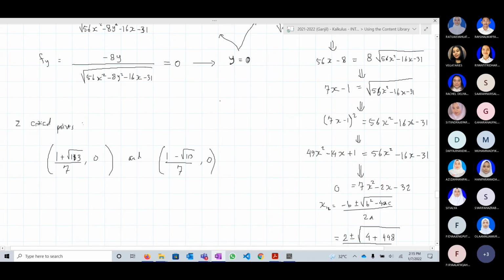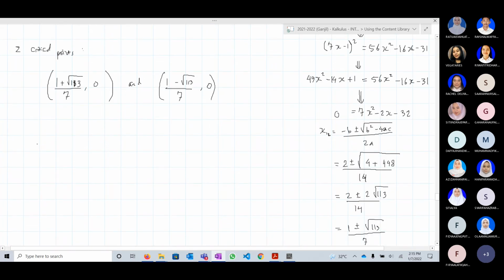Then we need to check the local maxima and local minima, meaning that we need to find the discriminant or Hessian